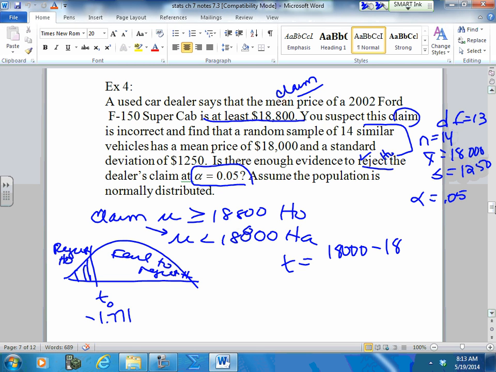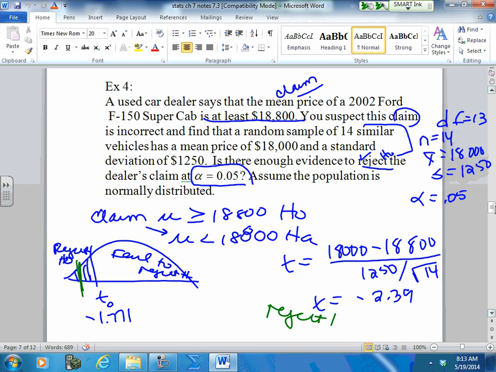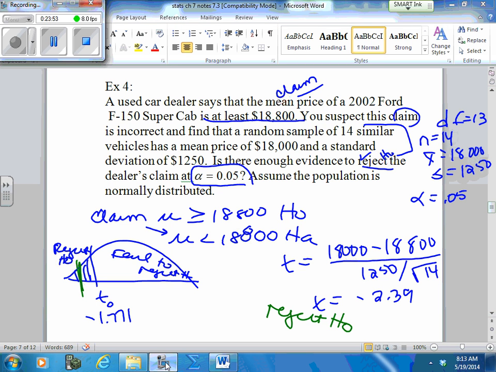Because our test is on the left-hand side. Over your standard deviation divided by the square root of 14. Good, thank you. So where does that fall? Reject. So our decision is reject H0. Really any major difference from the last one? Okay. Wednesday, guys, we're